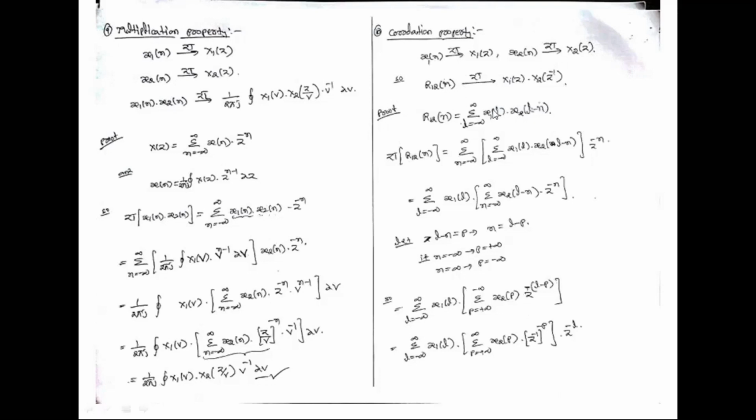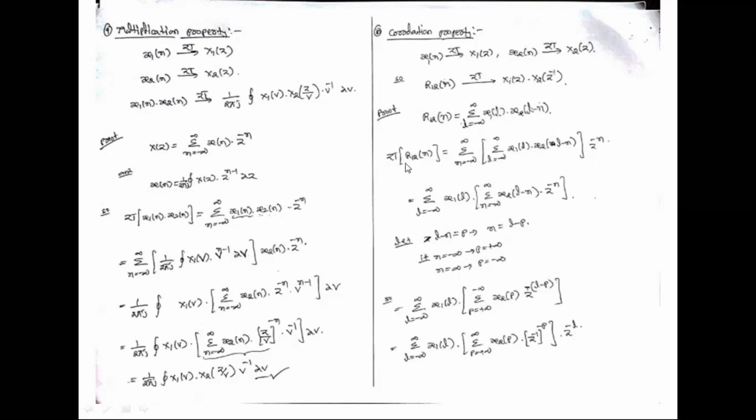Okay. So what is the definition? r12 of n for the discrete time signal is a sum, the sum over l equal to minus infinity to infinity. I'm taking l simply as a variable, because we have already taken n. You can take this as n here, or you can take k, or tau: x1 of tau, x2 of tau minus n. So the sum over l equal to minus infinity to infinity of x1 of l, x2 of l minus n, and apply the z transformation of